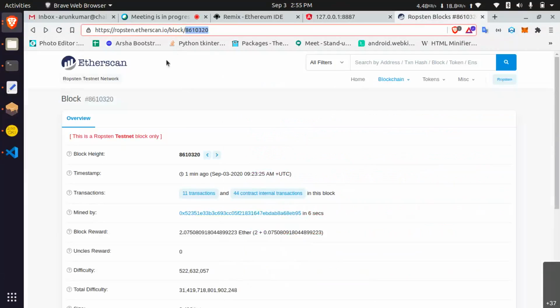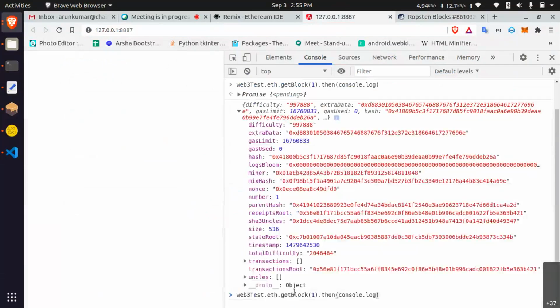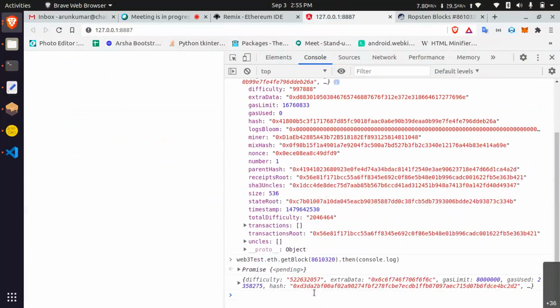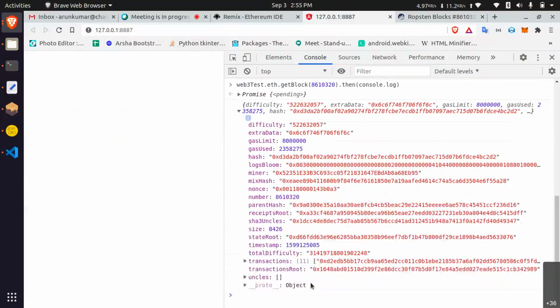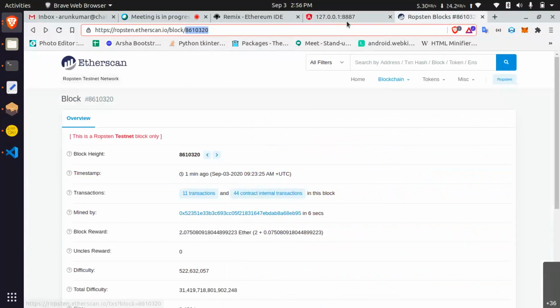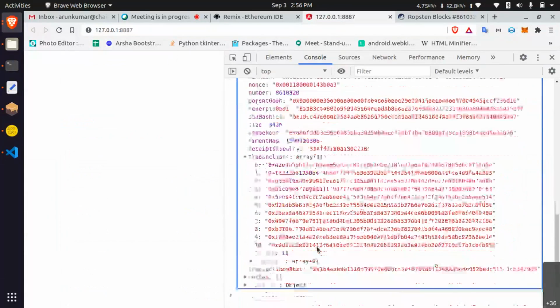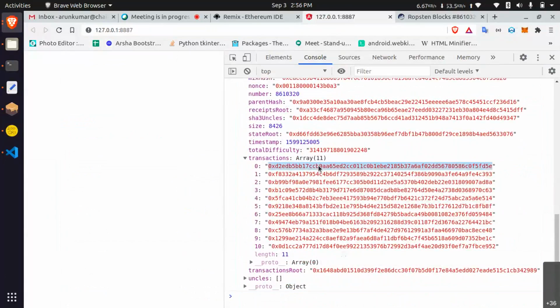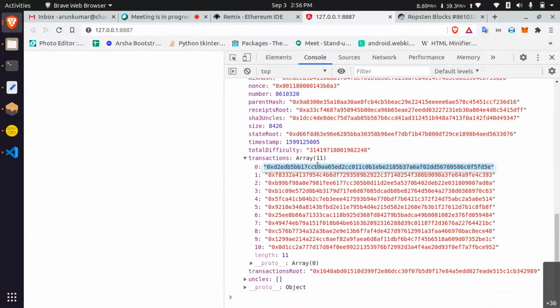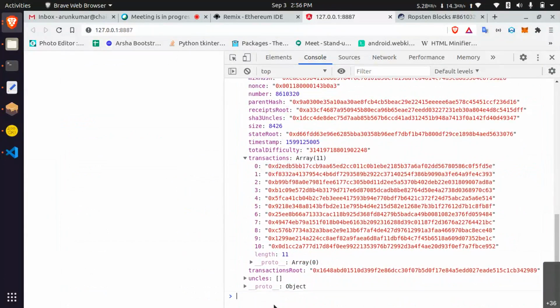What is the block number? Yeah, you can get the block number with 11 transactions. Here also 11 transactions. Inside that you have only hashes. With that hash, you can get the transaction receipt.